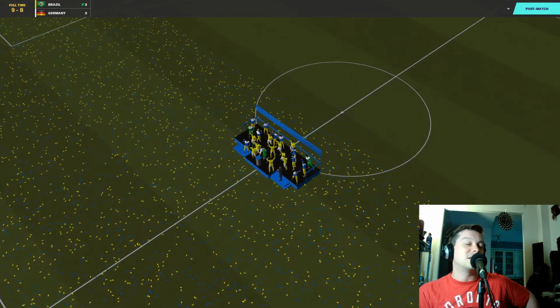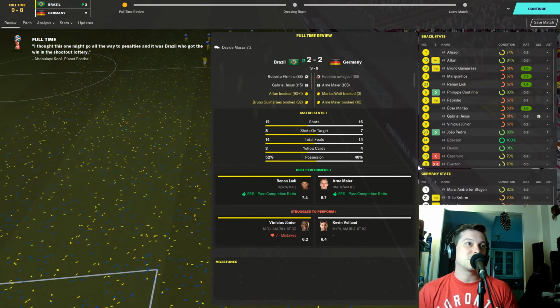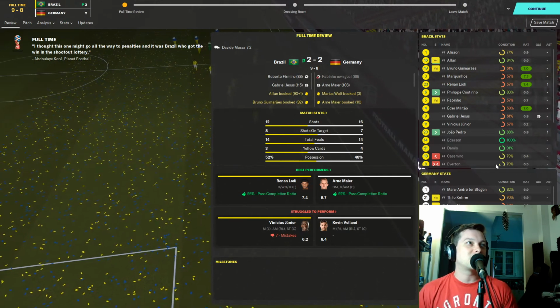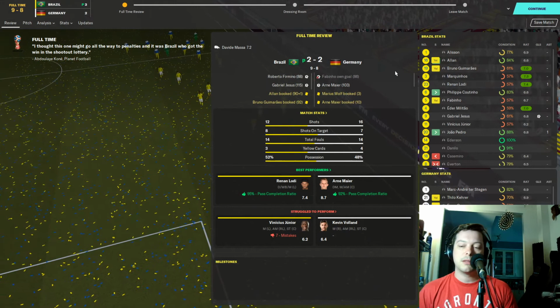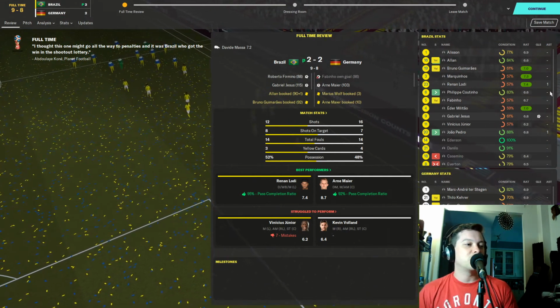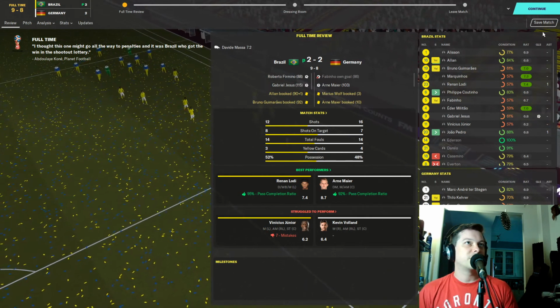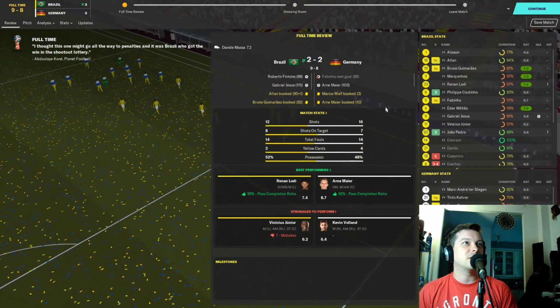A great Brazilian team, I must say. In this tournament, they were just dominant over most teams. The only one that even gave them a scare was really Germany. In the semifinal, they beat out England. They beat the United States pretty comfortably. I can't remember all the results, really. I can't remember who they played in the semifinal now for some reason, but